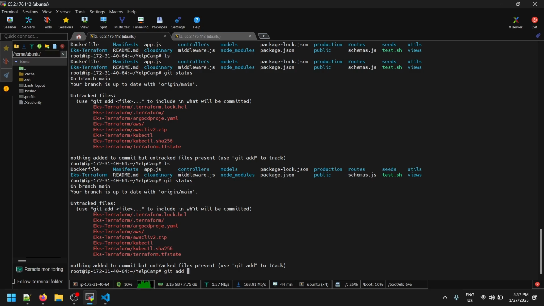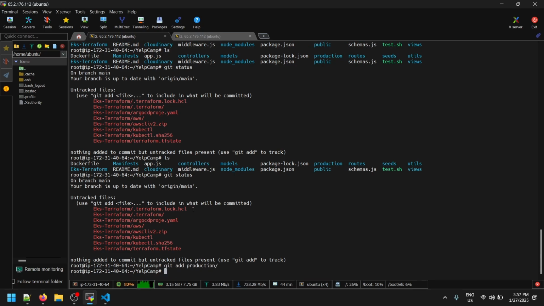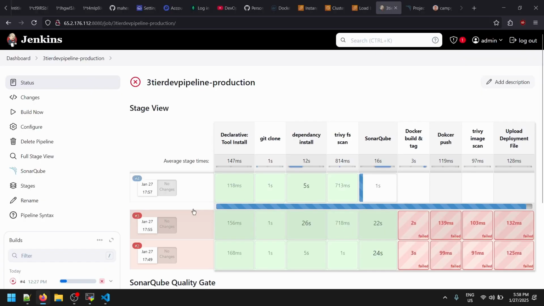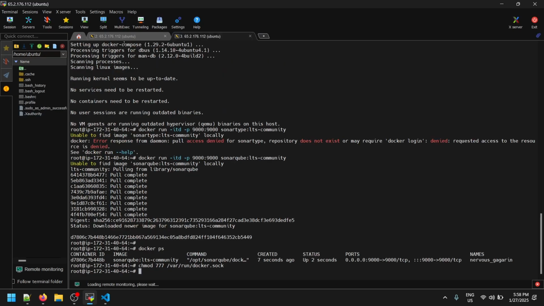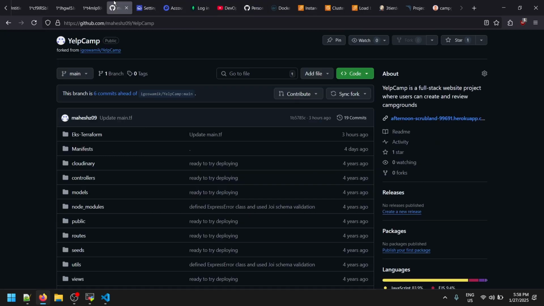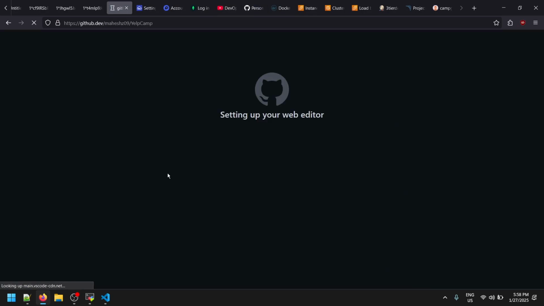Git add production. Git status. Git eks terraform aws project.yaml. It is still on a different folder. So let me see what I can do. I can just create a folder by using the dot. So if it's possible,